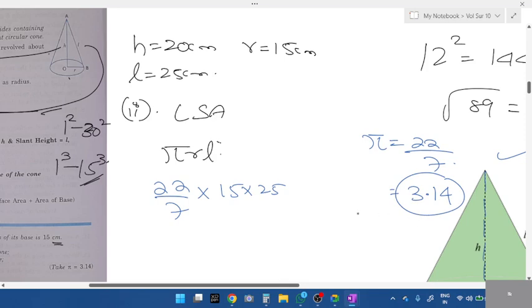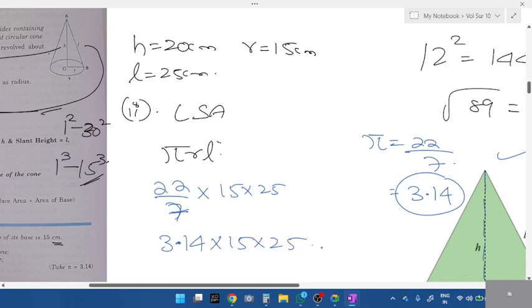Remember, 3.14. See, if I write 22 by 7, I'm not able to cancel out this 7. So what should I take, 22 by 7 or 3.14? What should I take as pi's value? Yes, students, all of you respond. 3.14 into 15 into